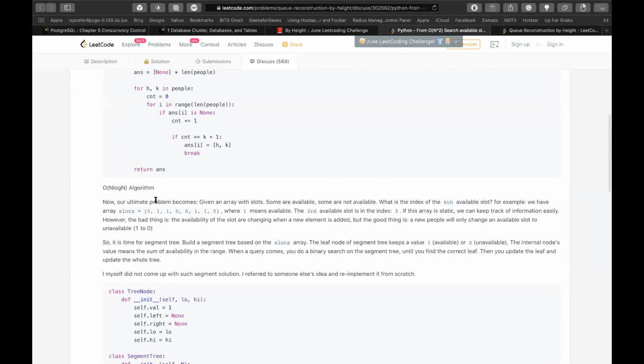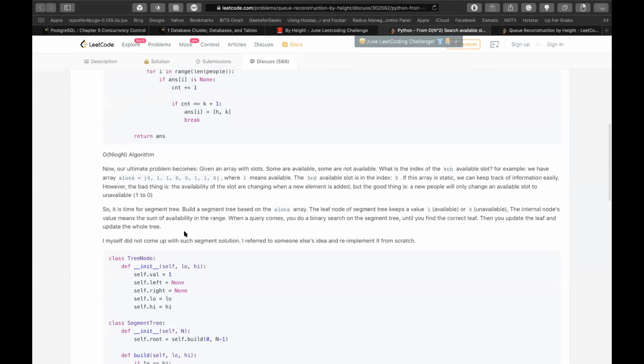For the first one, it will be directly equal to that index, since every slot is available. But from the second time onwards, they are actually using the segment tree to find the index.